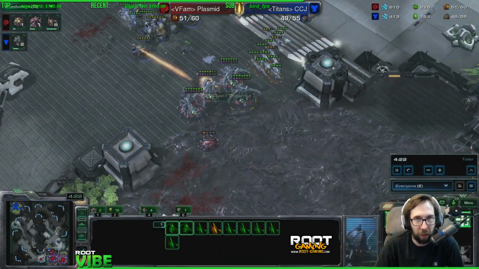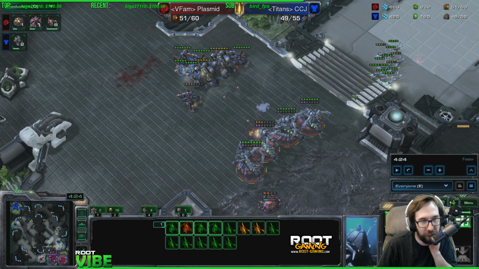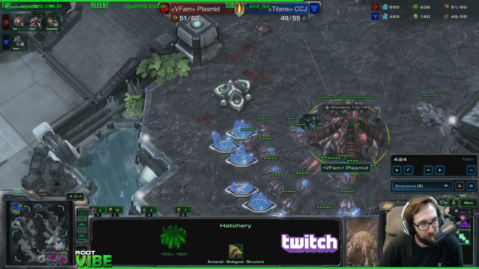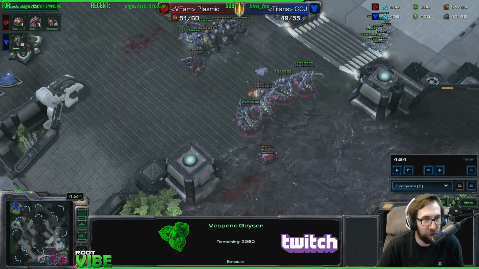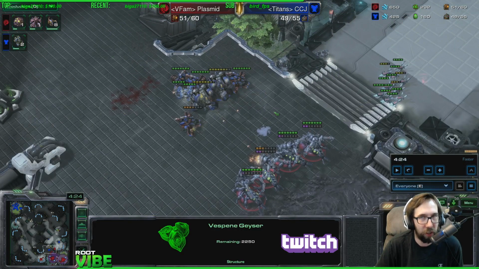You should be really backed up right now. The only thing that's really forcing you to take a fight is him killing your hatchery, or killing something important like a Roach Warren. That sucked that your Roach Warren died because you chose to go for a Roach Warren instead of a Baneling Nest. And really what you needed to have done here...